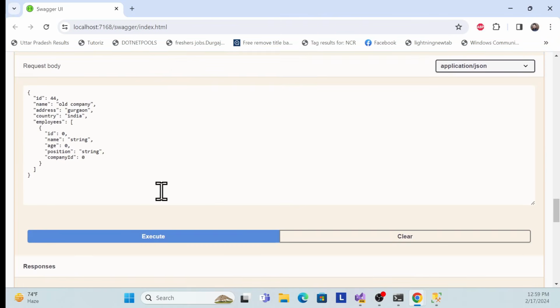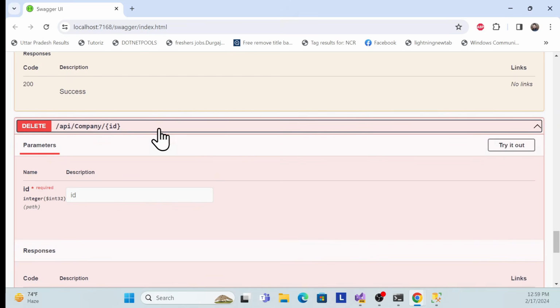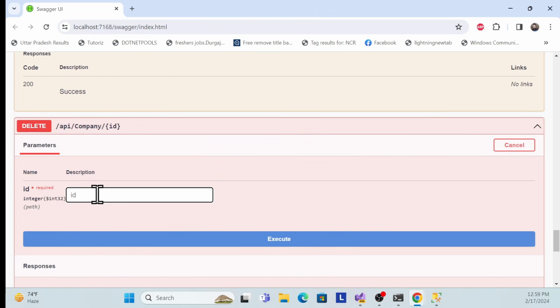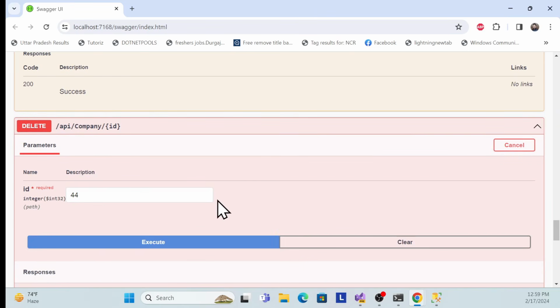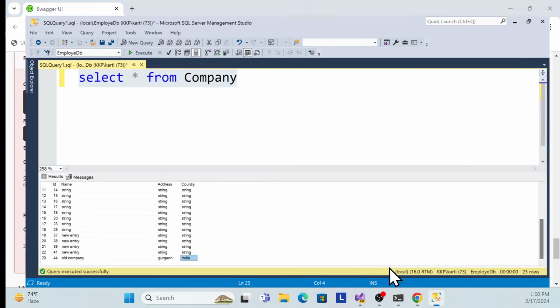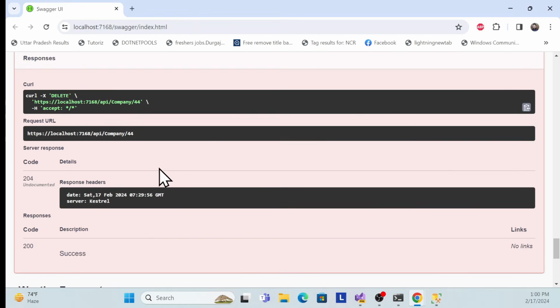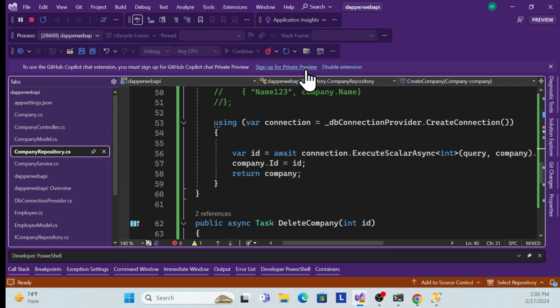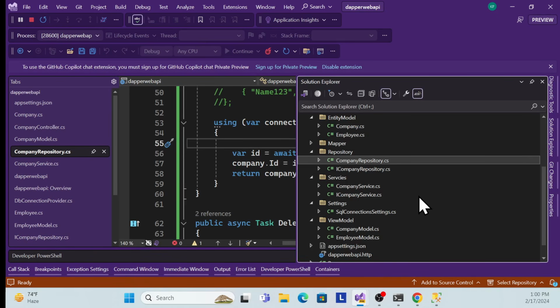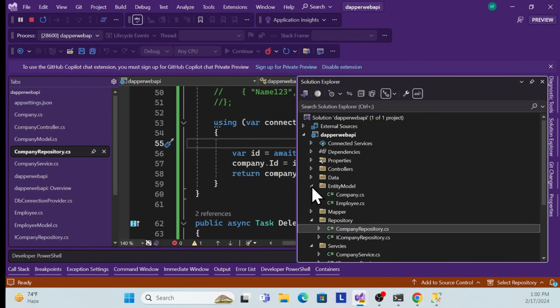and also India. And let me delete as well. So if you try to delete 44, it should be deleted. If you go to the DB, it should not be over there. See, the last record also has been deleted. So this is the way you can implement your insert, update, delete, or any CRUD operation in the Dapper